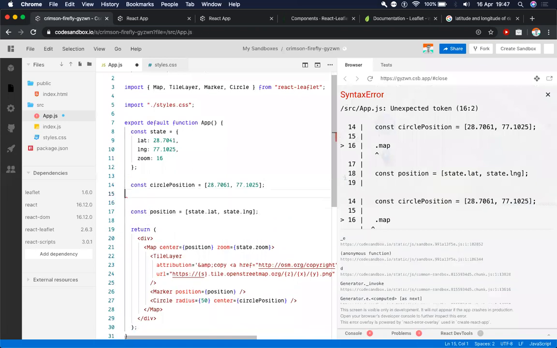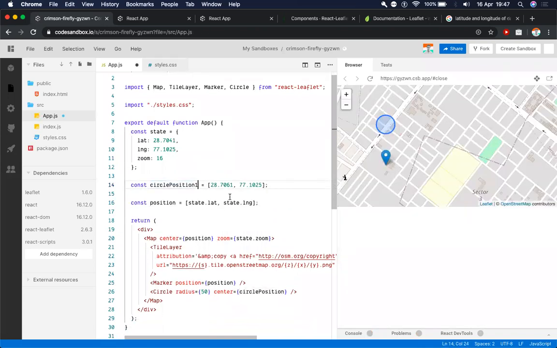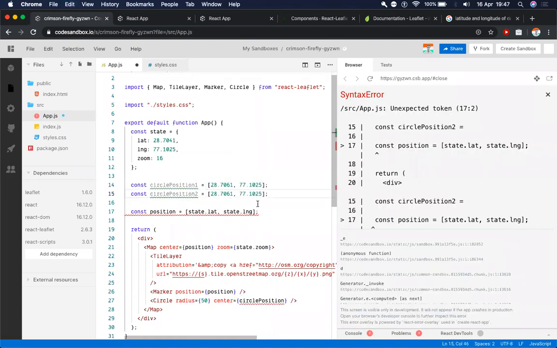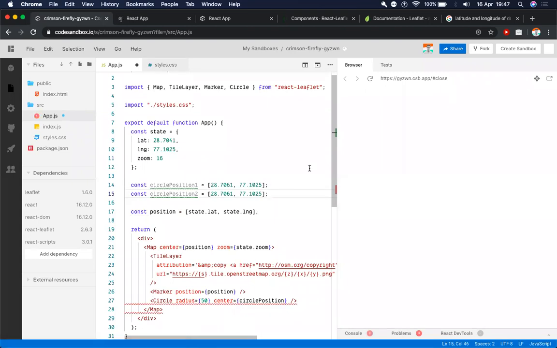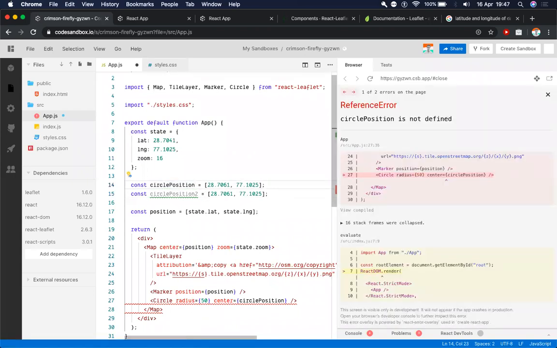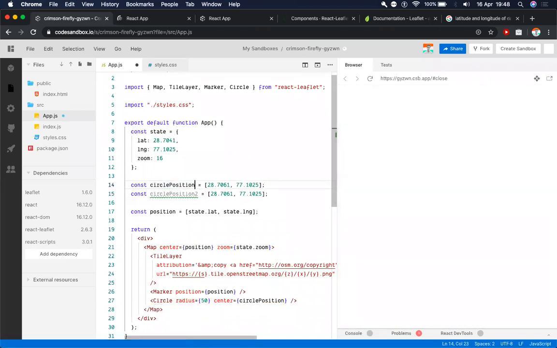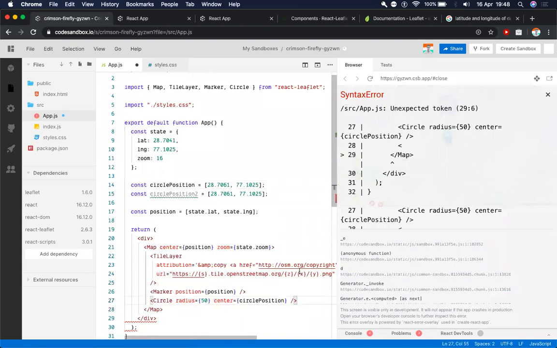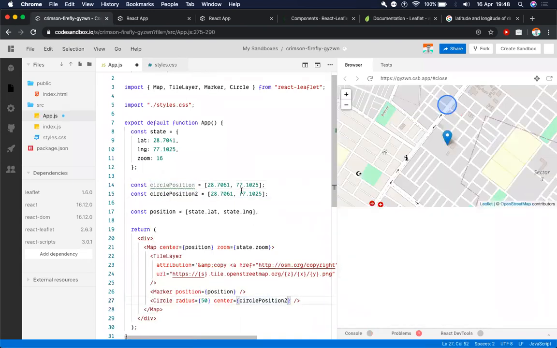For now, let's just say that I have circle position 1 here, and I go const circle position 2, and okay, waiting for the map to load. Since we have position 1 as undefined, it is for creating random values, I guess. No, actually map is for iterating over our arrays. After I define a second circle here, I just need to define its position. So for this, I can just pick this value right now and position a circle on a different point.